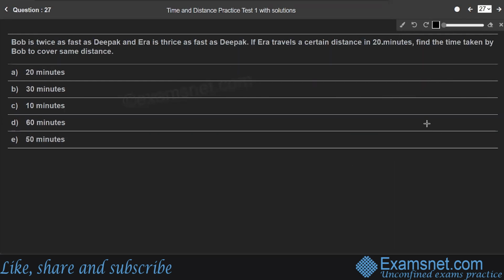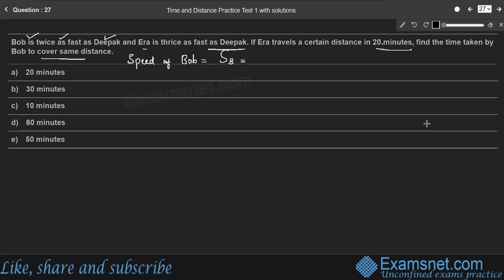Question 27. Bob is twice as fast as Deepak and Era is thrice as fast as Deepak. If Era travels a certain distance in 20 minutes, find the time taken by Bob to cover the same distance. So here, Bob is twice as fast as Deepak means speed of Bob, if you consider it as SB, speed of Bob is equal to